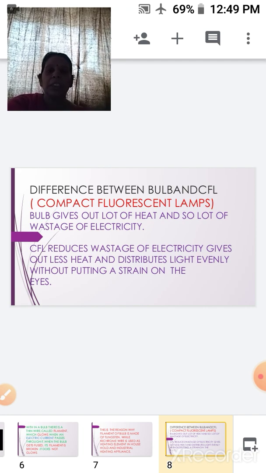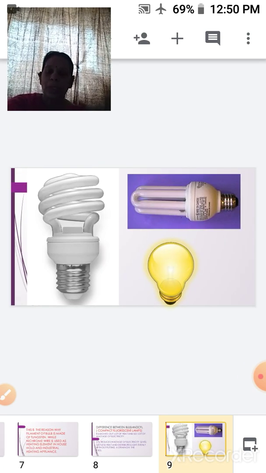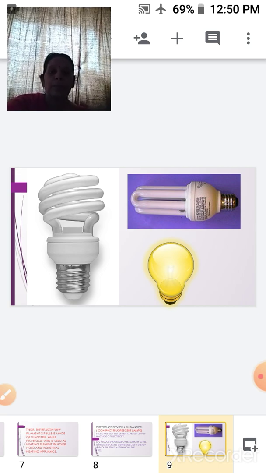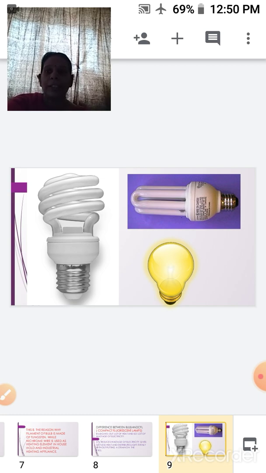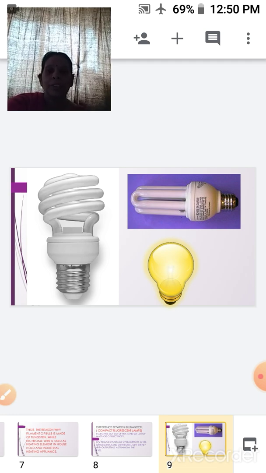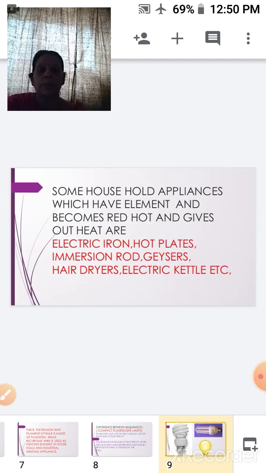Here the light is evenly distributed without putting any strain on our eyes. That is why nowadays we prefer to use CFLs instead of normal bulbs. Nowadays we have even started using LEDs, because we want the wastage of electricity to be reduced and our eyes should not be strained much.